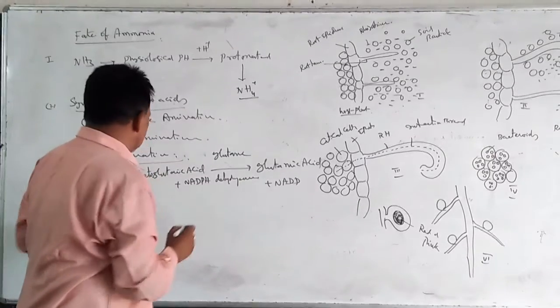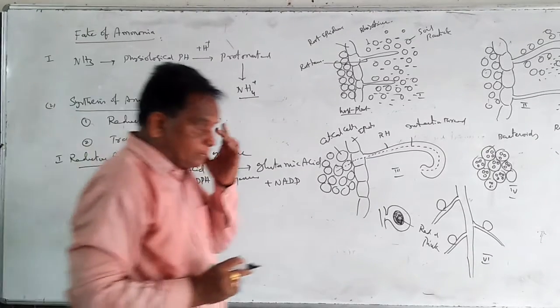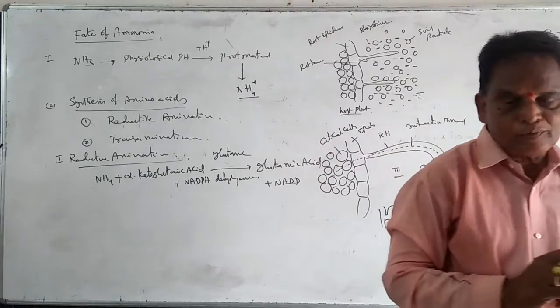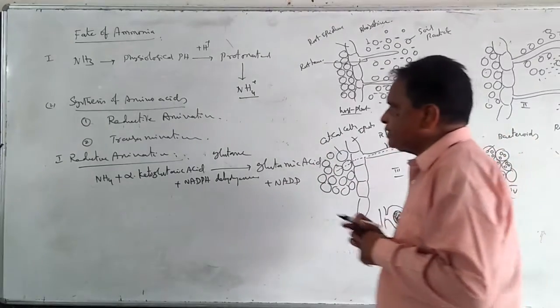Glutamic dehydrogenase. This is the first step in amino acid synthesis, called reductive amination, where ammonium is reduced